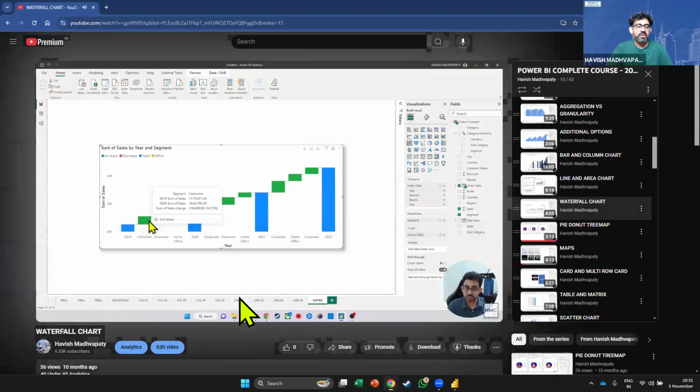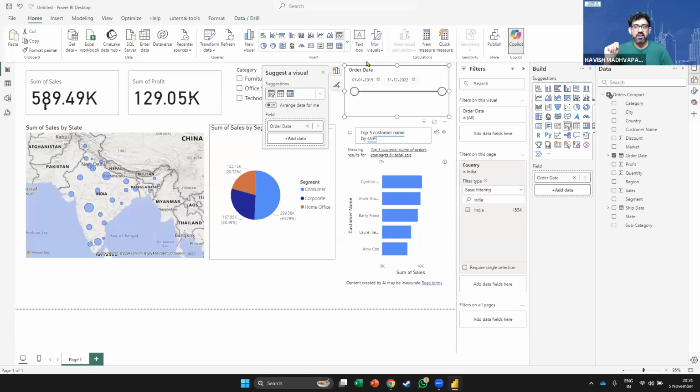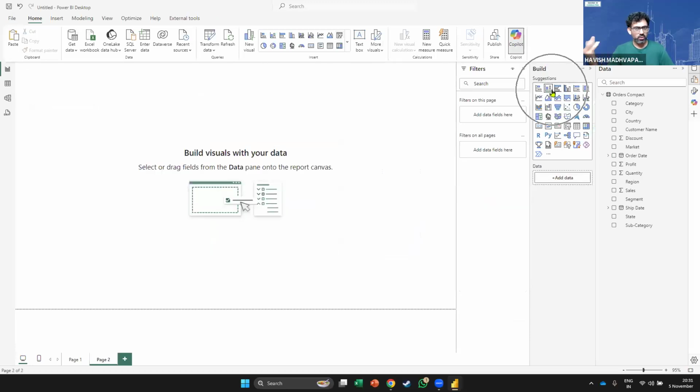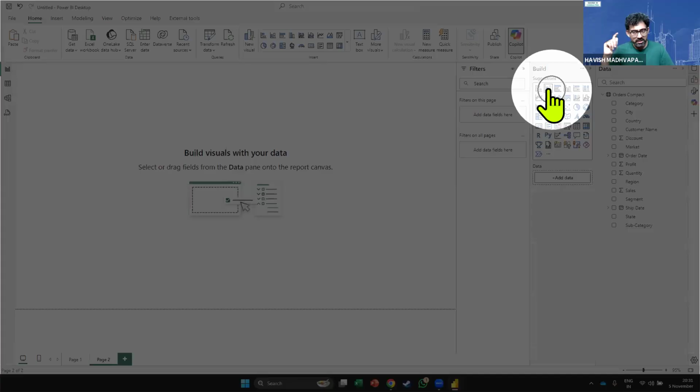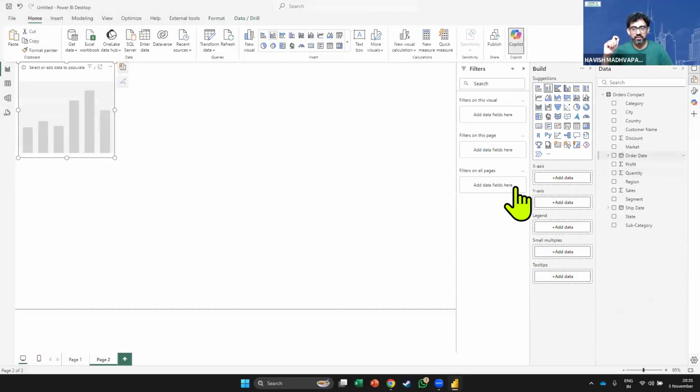All okay, very simple. Take it. Now let's see how arrows work. So if I make a column chart, very simple, जो हर जगह आपको दिखता है. If I make a column chart and I keep my order date and my sales value like this,